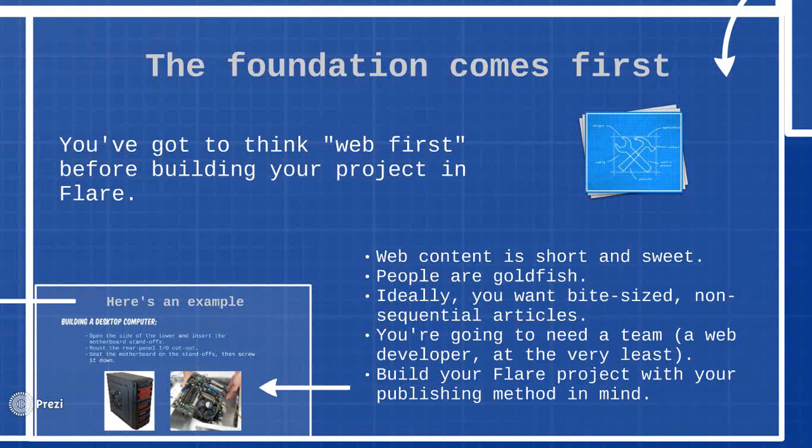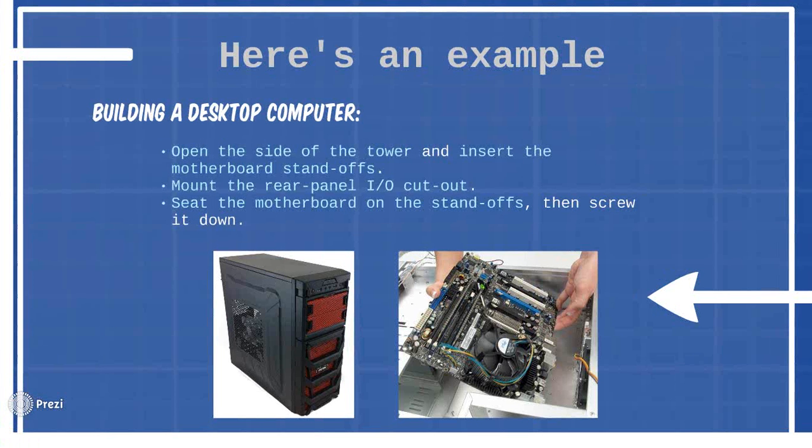And just real briefly, I'll give you an example of what I mean about efficient and succinct delivery of information. So I wrote a little tiny snippet of an article here on this slide. Everything you see that's in light blue would link to a more specific article. So this is about building a desktop computer. Say you've got a person that knows generally how to build a computer. They know what a motherboard is, a processor, and a heatsink. They know all that stuff. Well, they might just need the steps in the right order. So they're just going to read through the steps and do it all themselves because they know how to open the side of the tower or insert the motherboard.